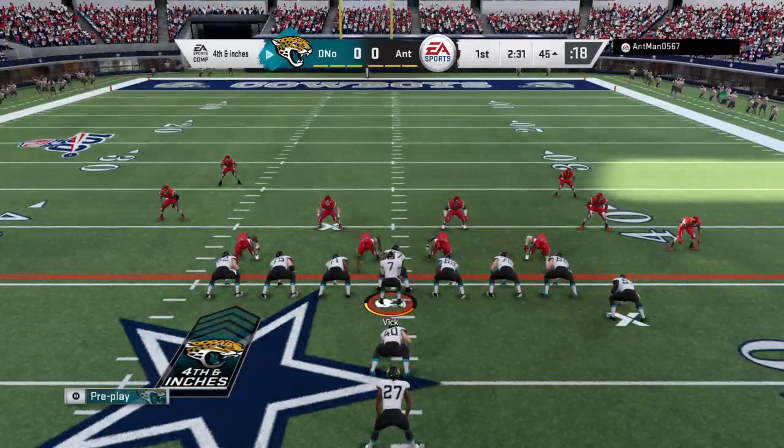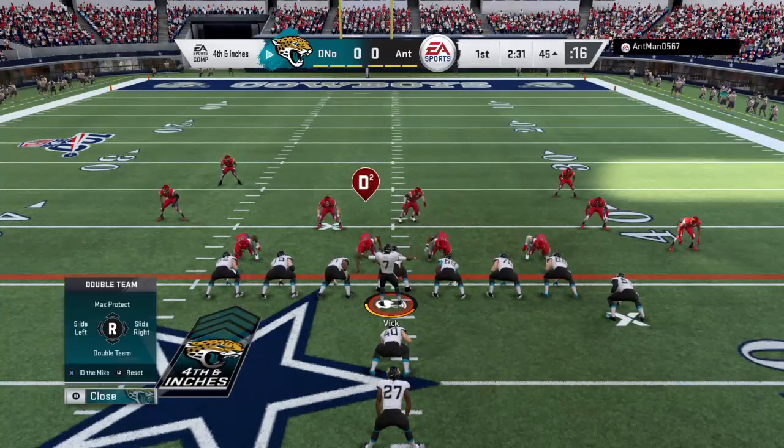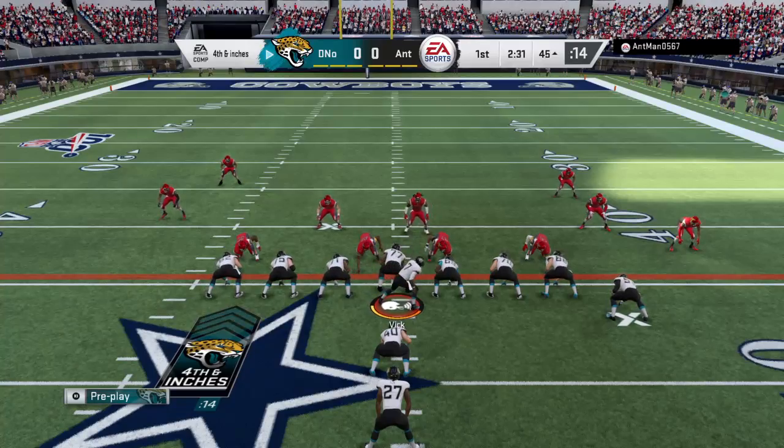Undercut, undercut, undercut. Watch twins, watch twins. Hey, alert